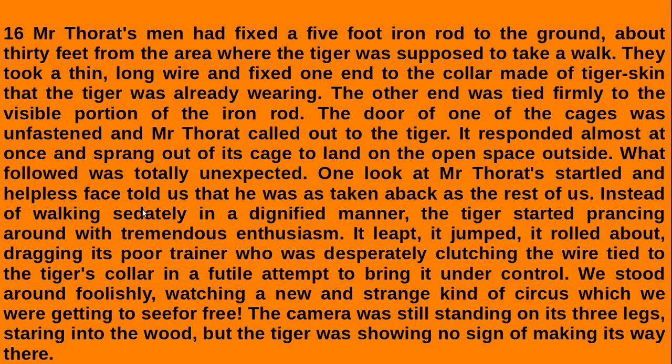Then what were the other preparations made there? See, Mr. Thorat fixed a 5-foot iron rod to the ground, and it was about 30 feet from the area where the tiger was supposed to walk. Okay, right? And then what did they do? They tied a long wire and fixed one end to the collar made of tiger skin the tiger was already wearing, and the other end was tied firmly to the visible portion of the iron rod. Visible portion means